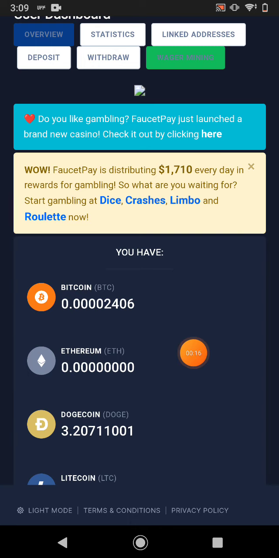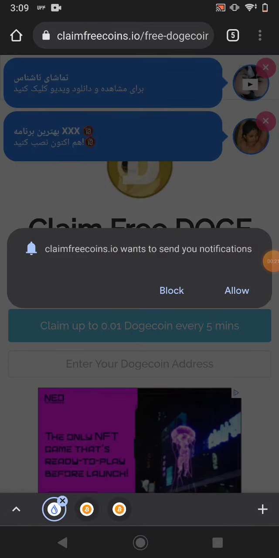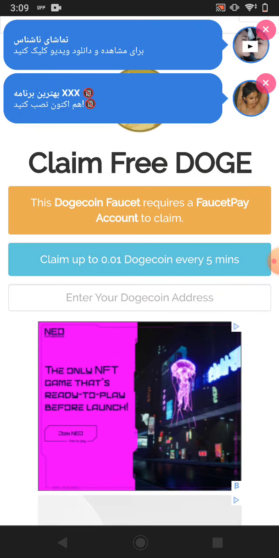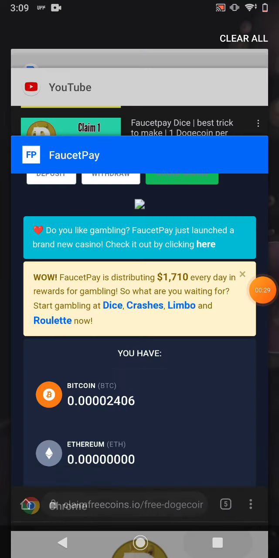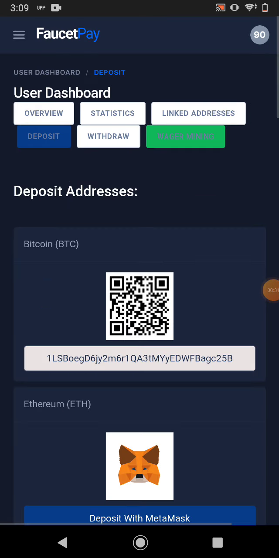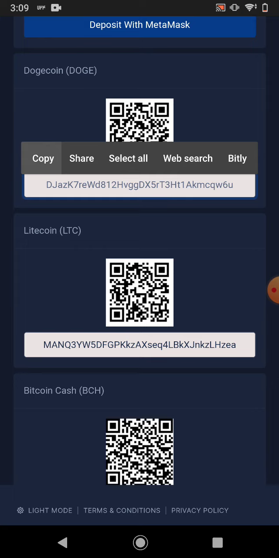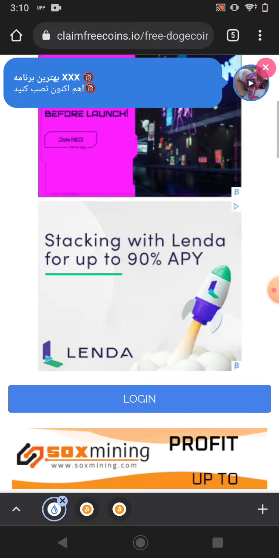For this website you need a FaucetPay account. I go to this website, link available in description. First of all, copy your Dogecoin wallet address and come here, paste it. You go to FaucetPay, go to deposit, copy your Dogecoin wallet address. This is your Dogecoin, copy it and come here, paste it. It's too easy, not too hard to do anything. And after that, just click login. After login,